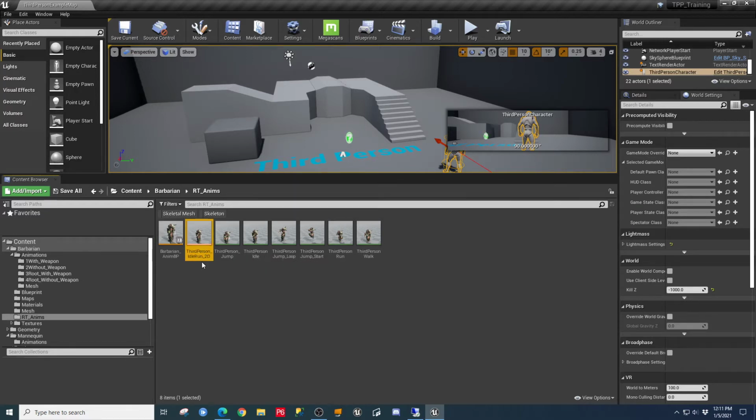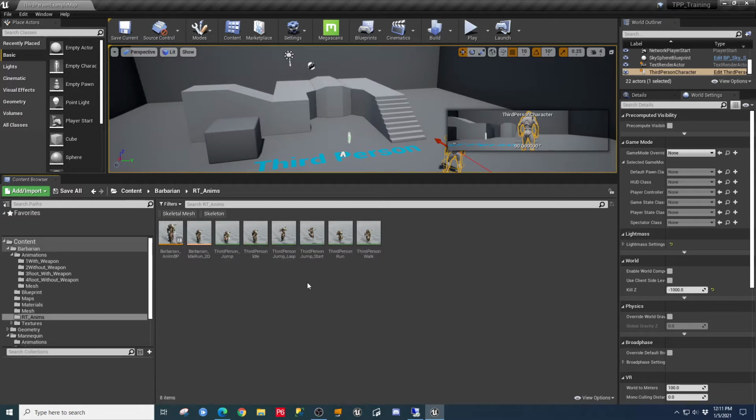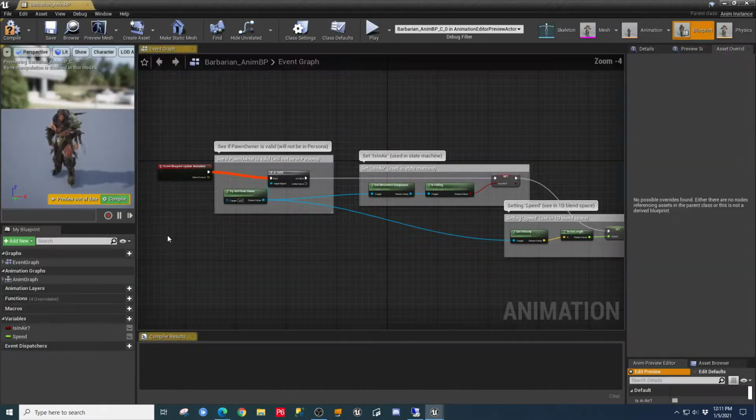And then same thing here with this third person idle run. This is really the barbarian idle run. And we can just do that after this. And you can change all these if you wanted to, but I'm not going to worry about those as much as this, because these show up in menus later for other things that we're going to do here in just a second. So now that I have my barbarian animation BP on here, it also, as I was saying, changed